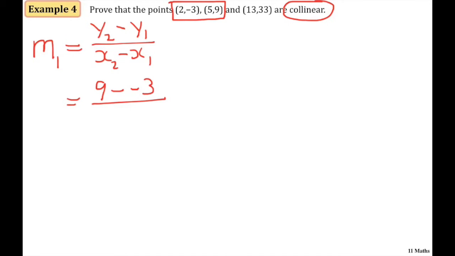The x value of the second point, 5, minus the x value of the first point, 2, which becomes 9 plus 3, which is 12. 5 take 2, which is 3, which gives me a gradient of 4. Now I'm actually going to mix it up a little bit. I'm going to consider the gradient between